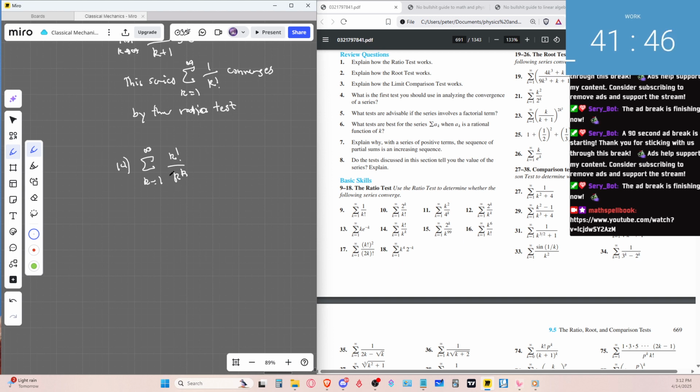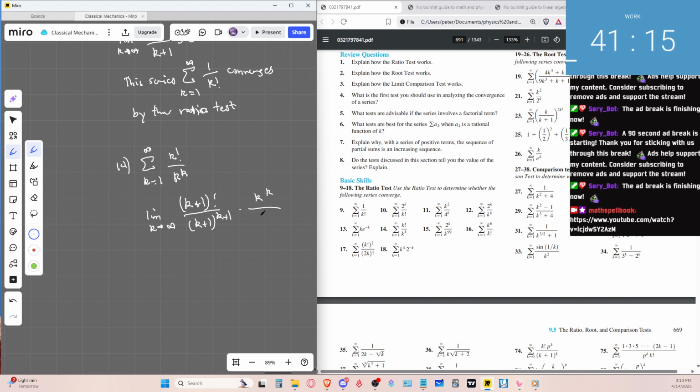So when the limit of k goes to infinity, so k plus 1, and that's all over